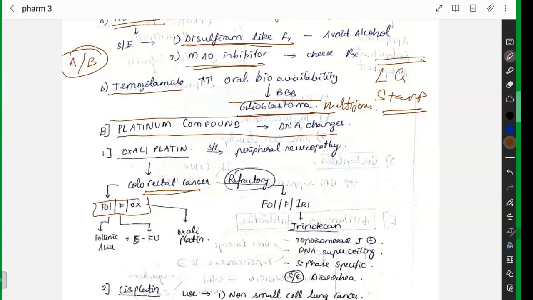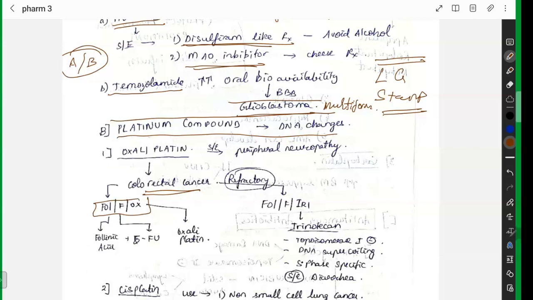CHOP regimen, excellent. The third regimen which we are going to see here is for colorectal cancer, that is your FOLFOX regimen. In that, what is FOL? FOL stands for folinic acid, F stands for 5-fluorouracil, and OX stands for oxaliplatin. Okay, if that becomes refractory, refractory means if that is not working, then you go for FOLFIRI,